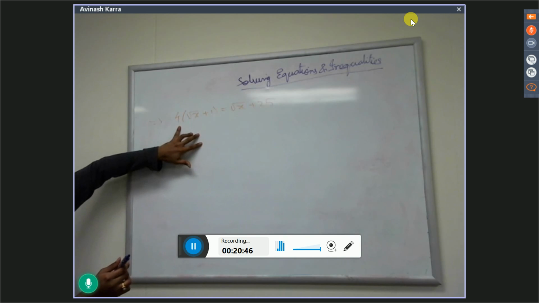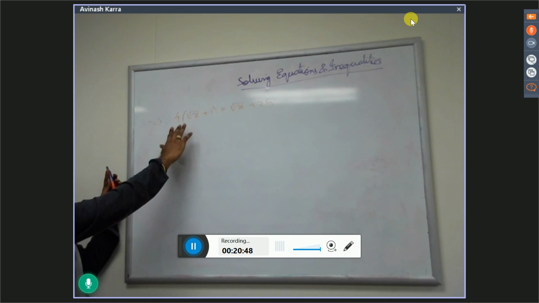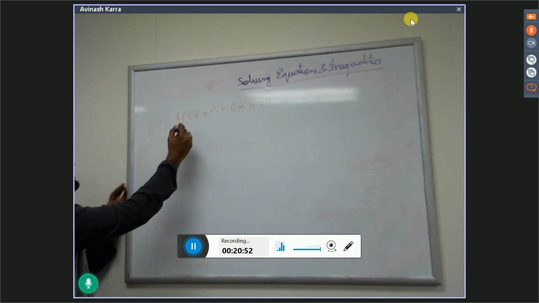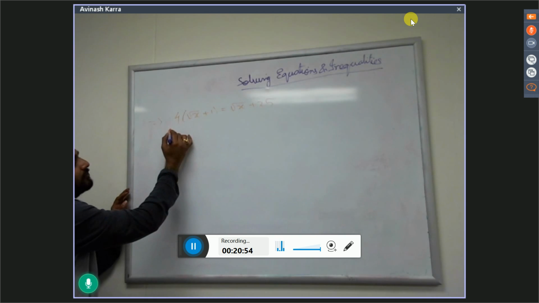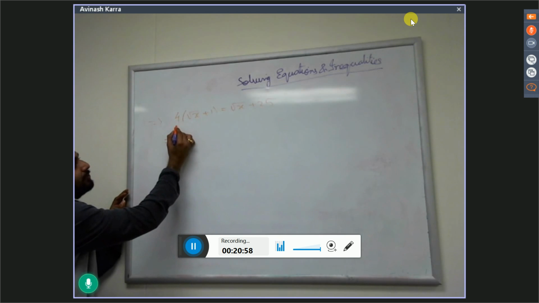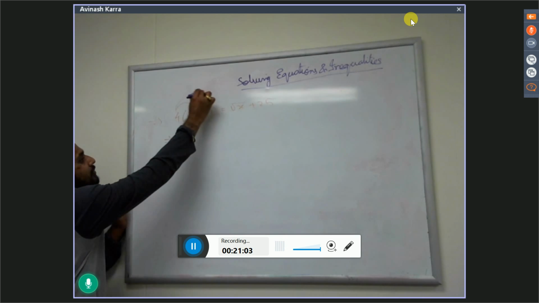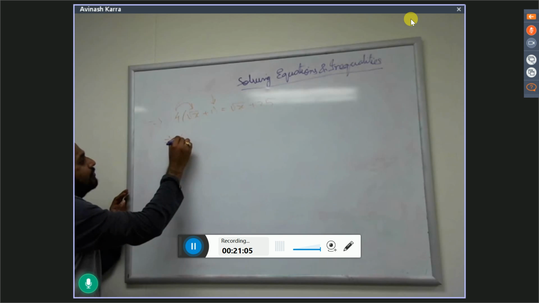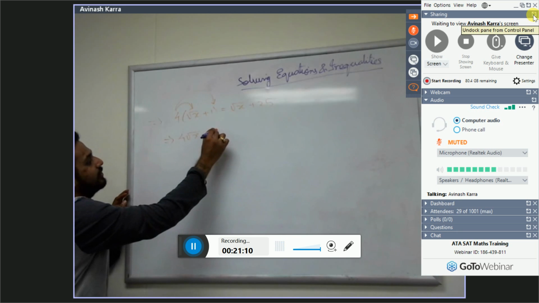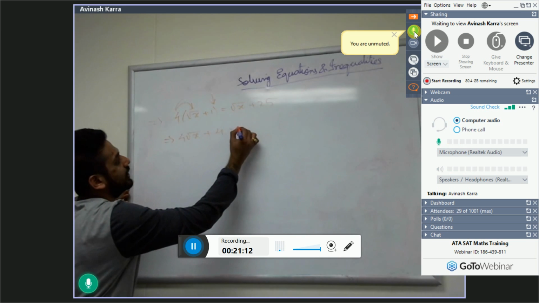The LHS is a bit complex, right? There is some multiplication and there is a square root. So first, simplify the LHS part. When I simplify this LHS, it becomes 4 into root x, 4 into 1. So 4 root x plus 4 into 1 is 4, equal to